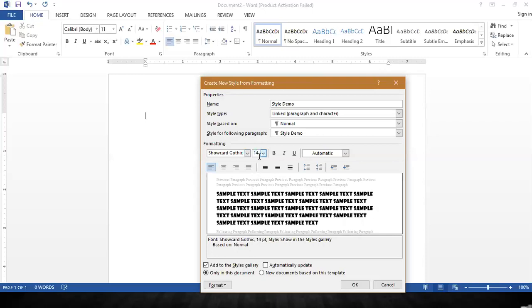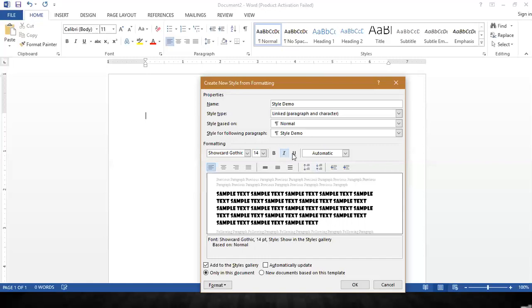After selecting the font size, you can make the text bold, italic, or underlined. B stands for bold here, and I stands for italic. When you select italic, it tilts the text at some angle. For example, here is the preview. Just see how it looks when you use the italic option. You can see the text has been tilted a little to the right side. If you want to apply it, you can apply it. Otherwise, you can remove it. This is as per your choice.